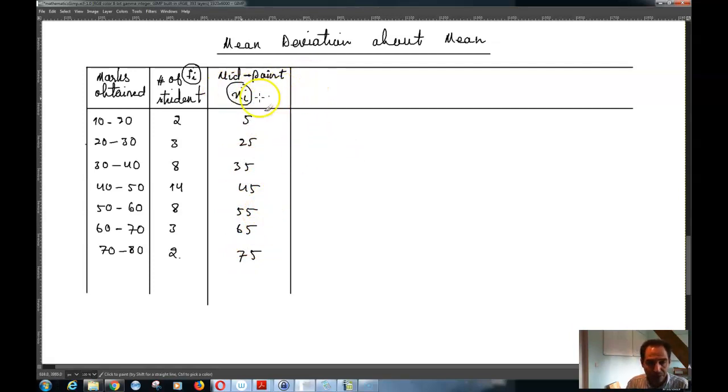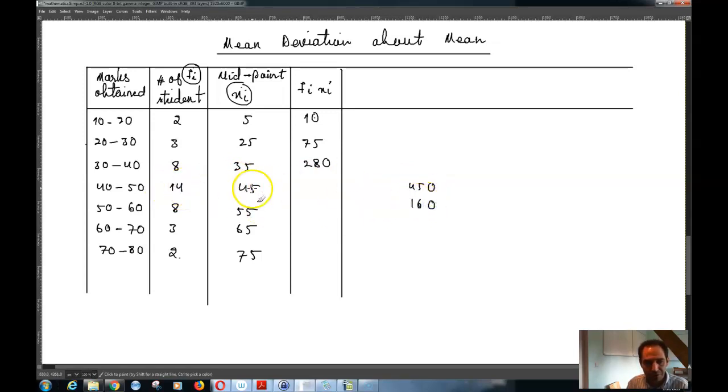Now you can simply calculate f of I times x of I. You can calculate it by multiplying these two columns together, meaning that 2 times 5 is equal to 10, 3 times 25 is equal to 75, 8 times 35 is equal to 280, and 14 times 45 is 630, and 4 times 40 is equal to